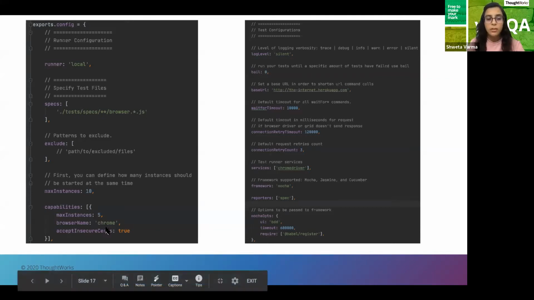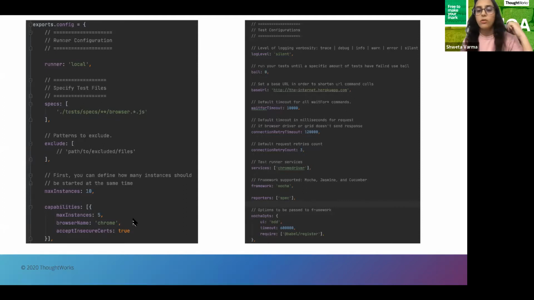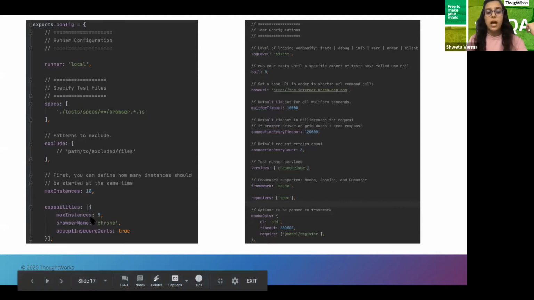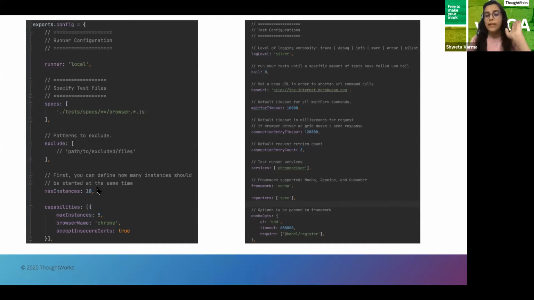Here I have given Chrome, with browser name as Chrome. Maybe we can have multiple modes, like say I want Chrome, I want Firefox, I want Safari. So three browsers I'm taking, and for each browser I define some maximum instances. The total of all these browser instances should be 10. It should not exceed 10, because we have said that whatever capabilities, whatever platform you want to perform, this is the range, you can't go beyond it. So 10 instances, and you can have it all running in parallel.